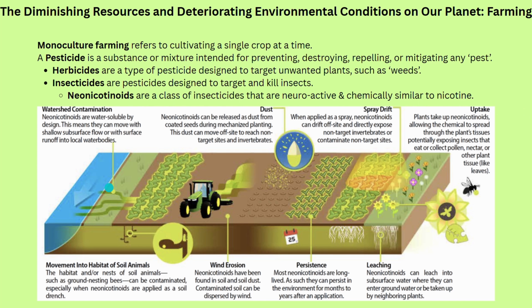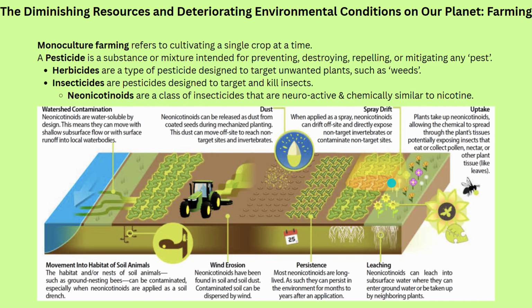However, this can broadly be used to explain the effects of pesticides and herbicides on the environment as well. Because these chemicals are inherently water soluble by design, this leaves any substance on the surface to flow as runoff into bodies of water. Also, these chemicals can be released as dust coating seeds during planting. This dust can reach off-target sites and non-target invertebrates. Lots of times these chemicals are sprayed, and when they're sprayed, that has a chance of targeting and exposing non-target